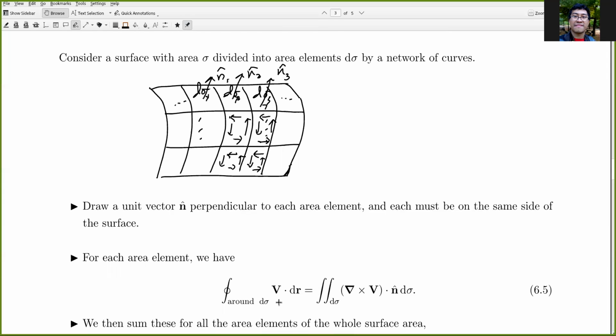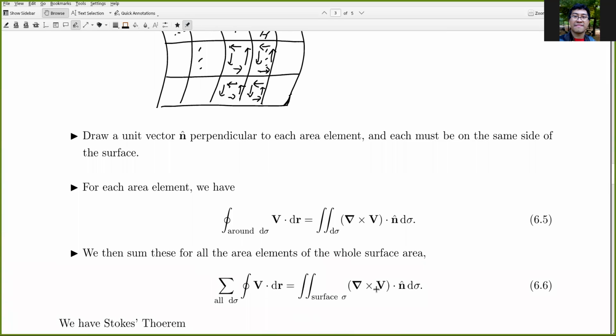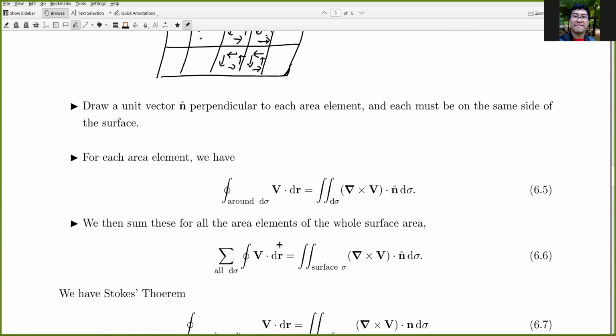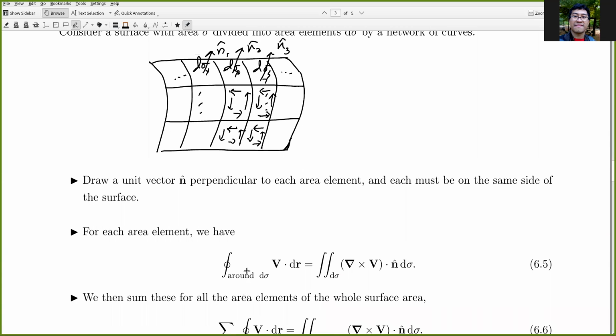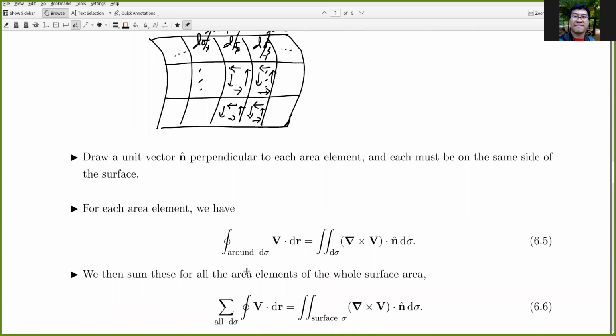element. We sum all, that would be for the total surface area, and we do the same for this. So we simply add here, it becomes the total area sigma, not only the d sigmas. Here we sum over all the sigmas. Now when we sum,